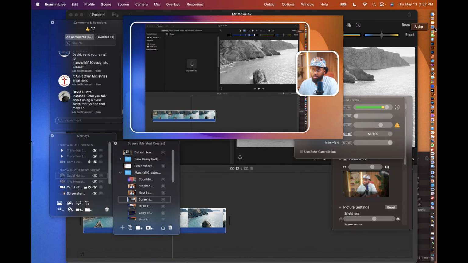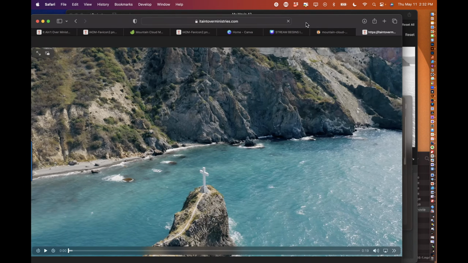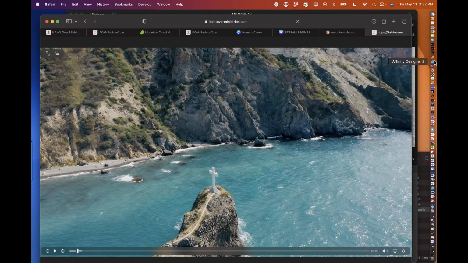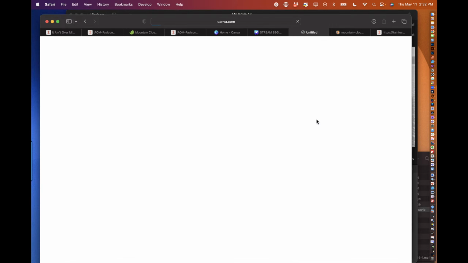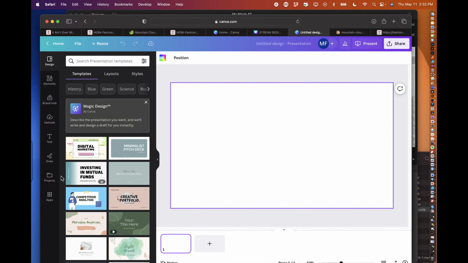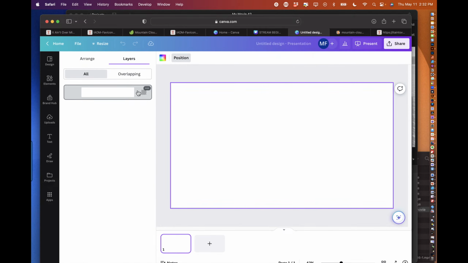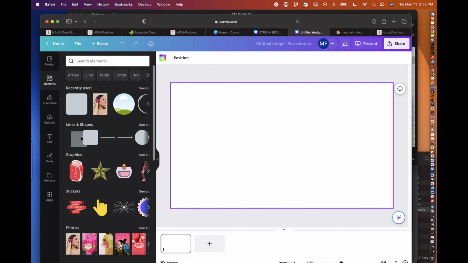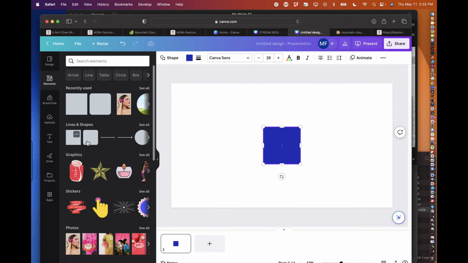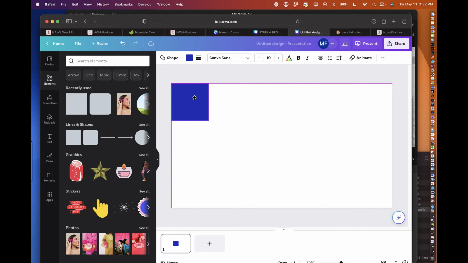But yeah, so what I'm going to do quickly is go to Canva, right? I would usually do this inside of Affinity Designer, but I'm gonna go to Canva since that's what we're using. I'll do a presentation and let me go to layers. Okay, so we got a background layer with, I believe, a transparent background. So I'm gonna add a shape. This is probably not the most efficient way to do this, but